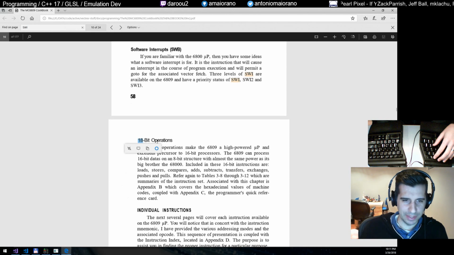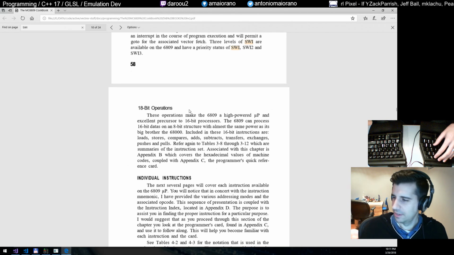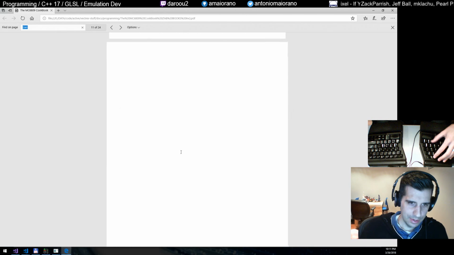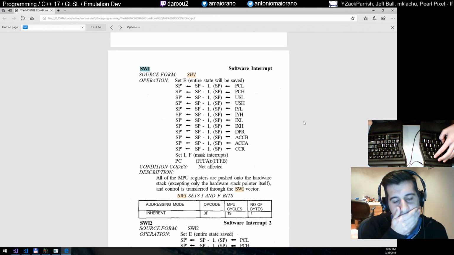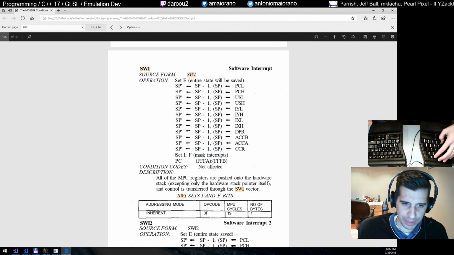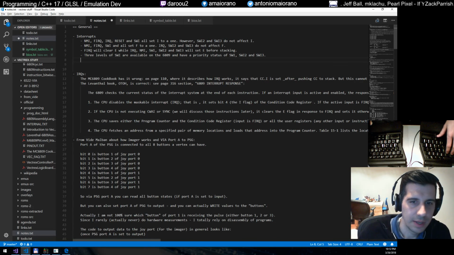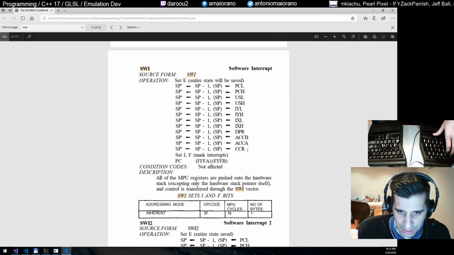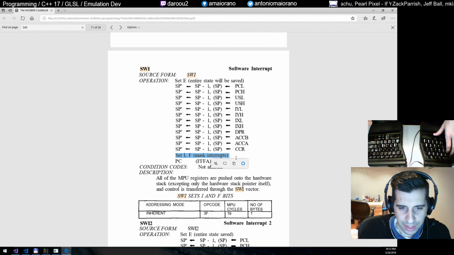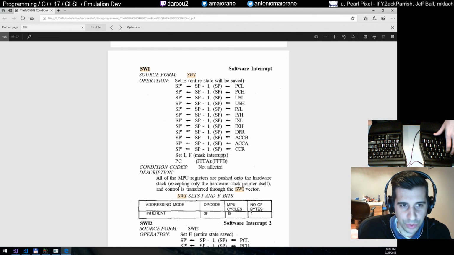I'm guessing this is supposed to be 16-bit. I just stopped here because I'm like 18-bit operations, but then it says 16, so there are definitely spelling mistakes of all kinds in this book. So yeah, this for sure is wrong. This should be set before. This is the same mistake that I talked about a couple of streams ago, where they were saying that for IRQ the I bit in the condition codes is set after pushing the CC to the stack. So you see here CCR is pushed on the stack, and then they say set the I flag to mask interrupts. But if you do that, later on when you RTI to come back, then when it pops CCR, it won't